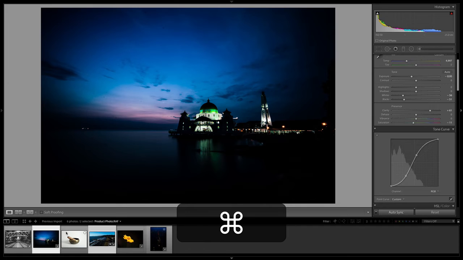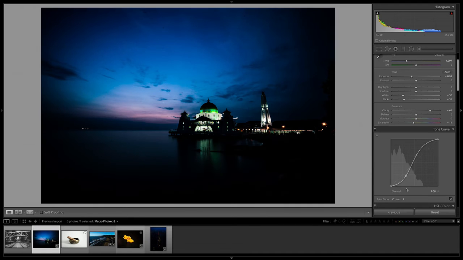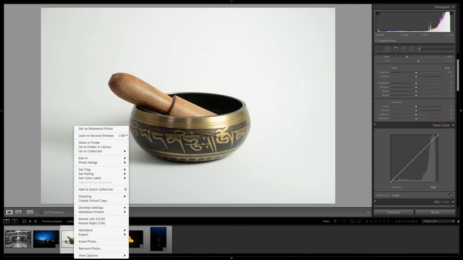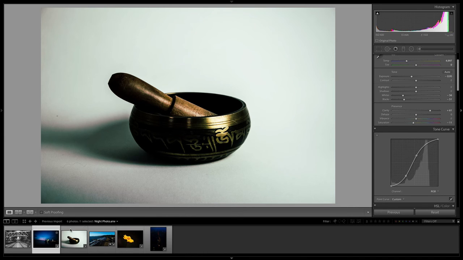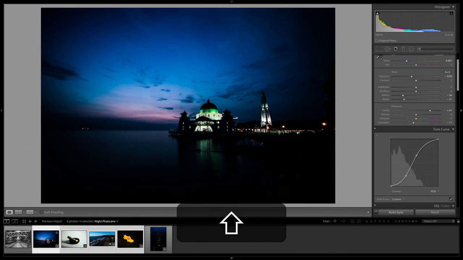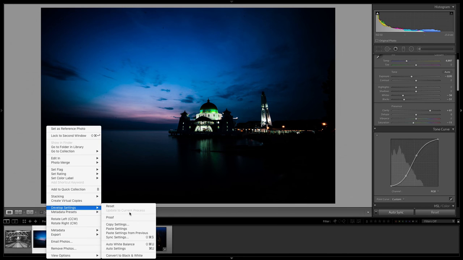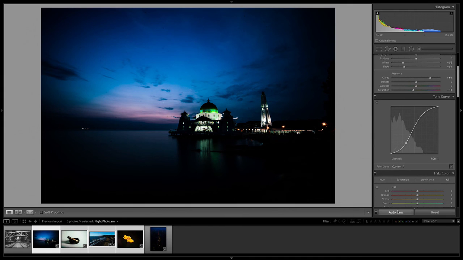You can also get to these settings a different way. For example, instead of clicking the previous button, say you made edits to this photo and you want to paste it over here to this photo, you can right click it and choose develop settings, and now we have paste settings. This could be pasted from what we copied, or paste settings from previous, which is the previous edit. So that would paste all the settings we edited on this photo. You also have your sync options. If you select multiple, right click, develop settings, and now you have your sync settings. But that's basically the same thing as using auto sync down here.